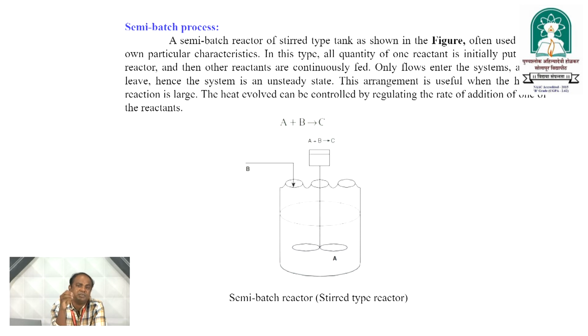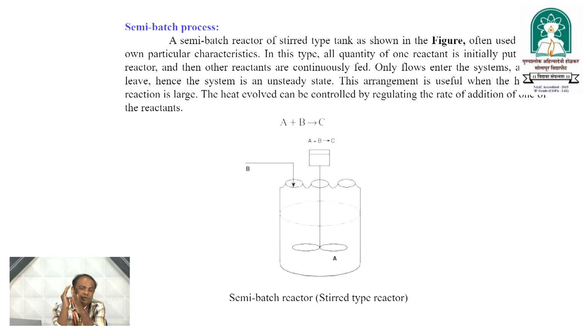Why semi-batch process? Because we allow one of the reactants to remain in the system and another reactant is allowed to flow in continuously. So simultaneously we are performing two things. One is fixed in the system, another is allowed to move through the system. The two reactants are continuously reacting, and thereby a product may be formed, and this product formed may be collected continuously. So we would say that it is semi-batch. Why?